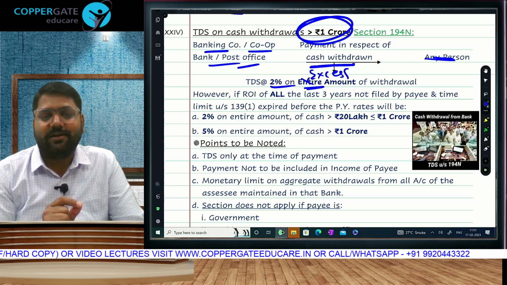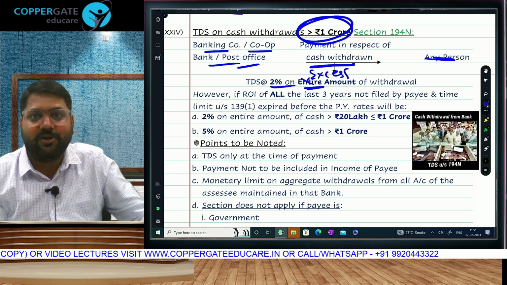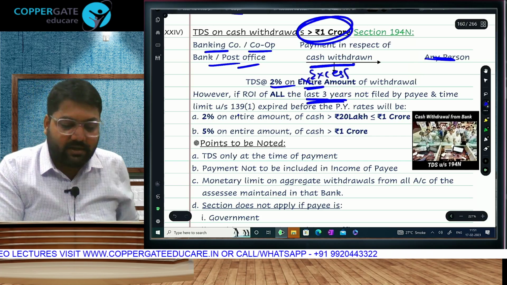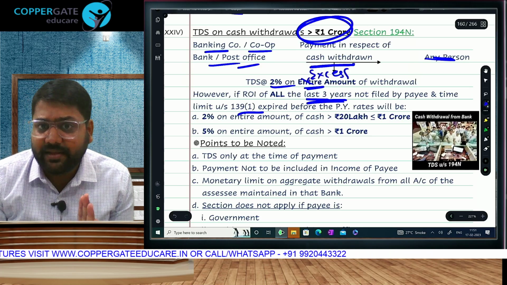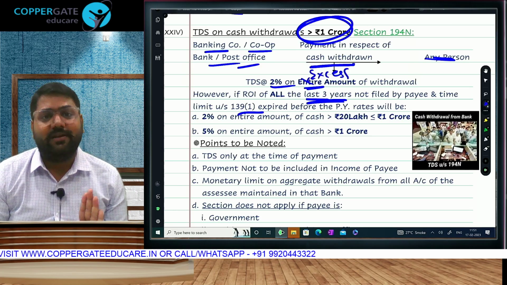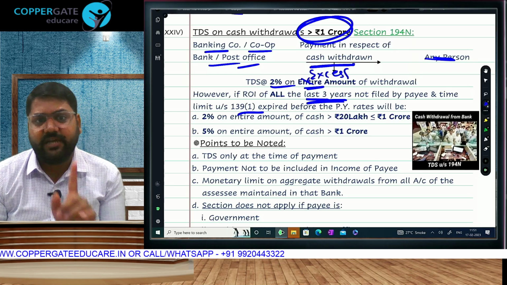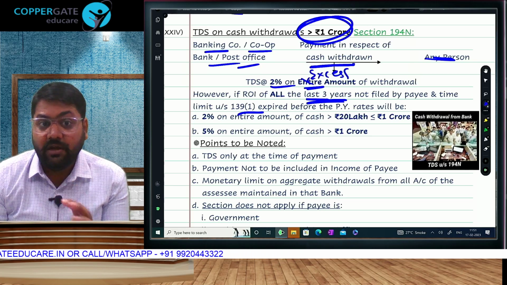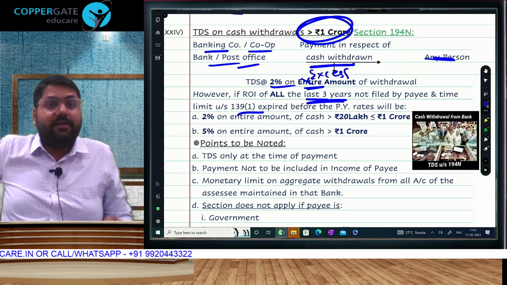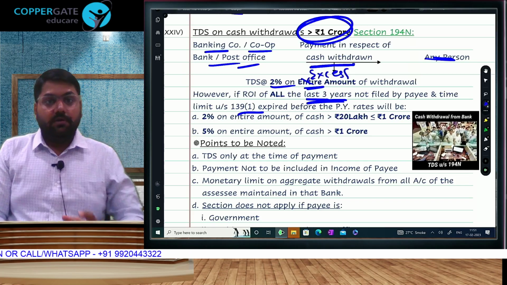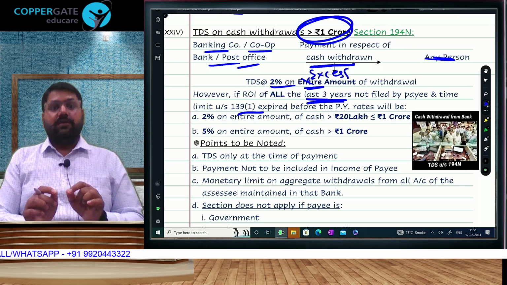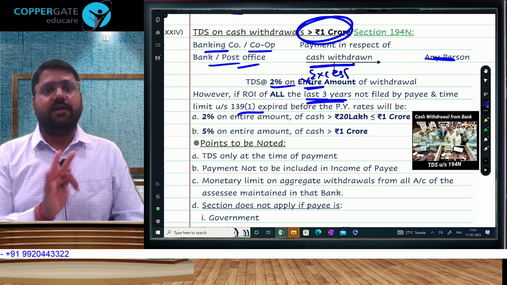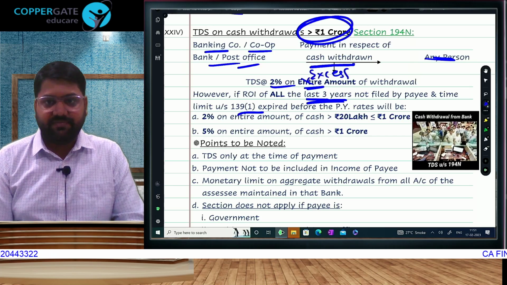And the non-filer provision, that section was not applicable because a separate one is given. We will see non-filer of the last 3 years. For 2023-24, you can't be a non-filer for 21-22. So which 3 years will we check? 20-21, 19-20, 18-19. If you have not filed, see, for the full chapter we have to see non-filer of only 1 year. But for this section, you will be treated as a non-filer if you are a non-filer for 3 years. If you are a non-filer of 3 years, then this section will be applicable.